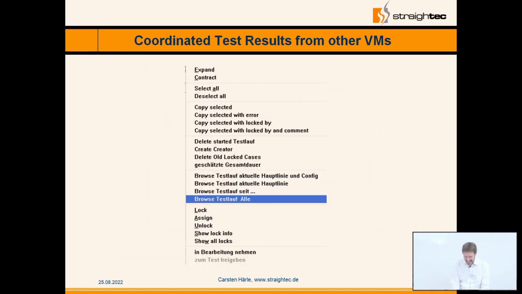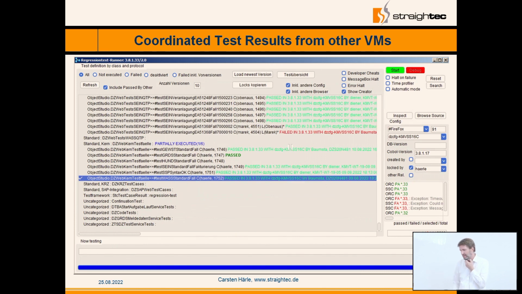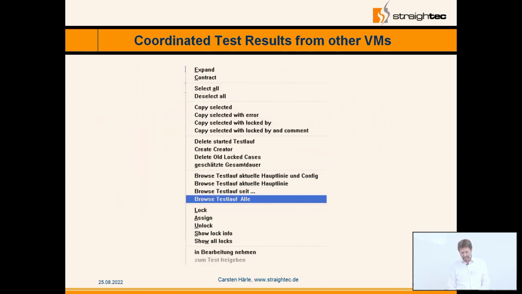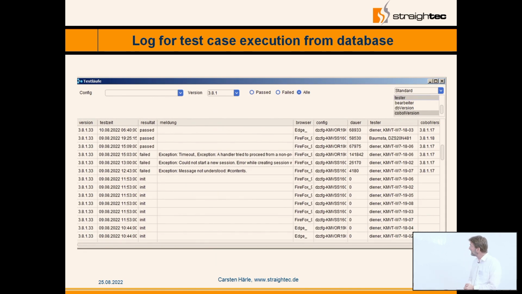Okay, then we also used it because it takes a couple of hours to finish all that, and we use it also as an assignment, because if a web test case fails, the question is who has to fix it. So we said, okay, this is the test runner. You can see which test cases are executed, which are the results, on which platforms, and you can just look at the history. All test case executions are written to a database, so you can really look at the history, and you see how many failures and past